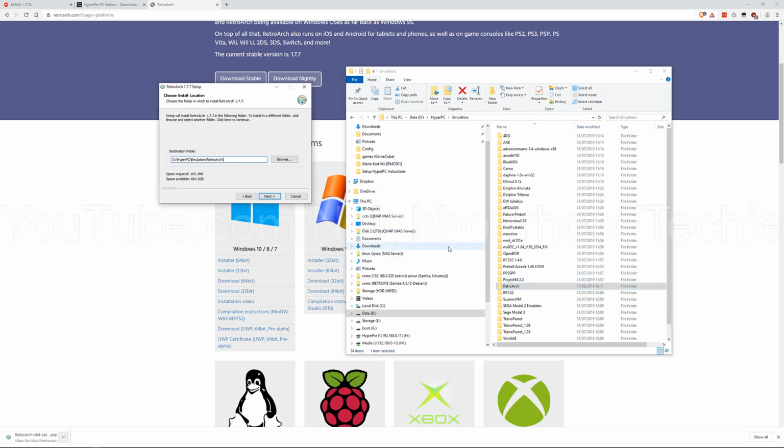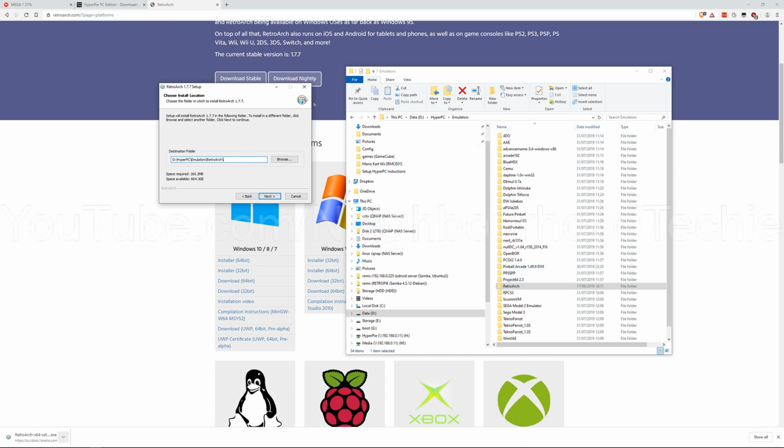And then that'll give you a clean install of RetroArch, because sometimes if you just copy somebody else's installation of RetroArch, it does mess things up a little bit, which you've got to be careful about. So I think I decided to let you guys do your own clean install of that. And then